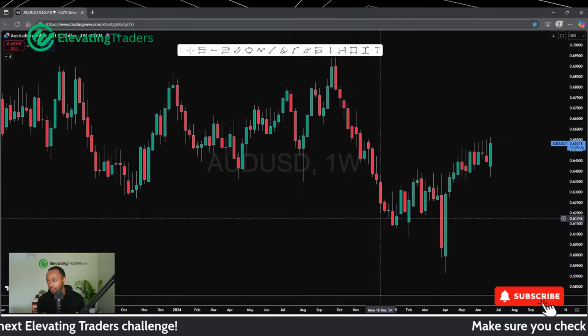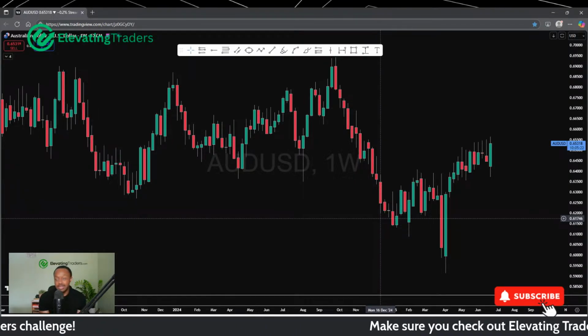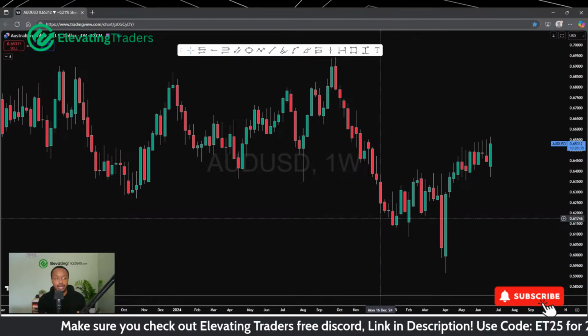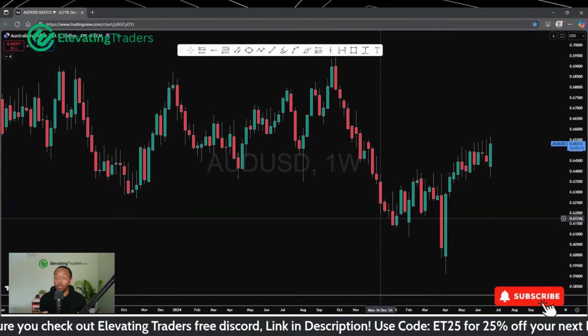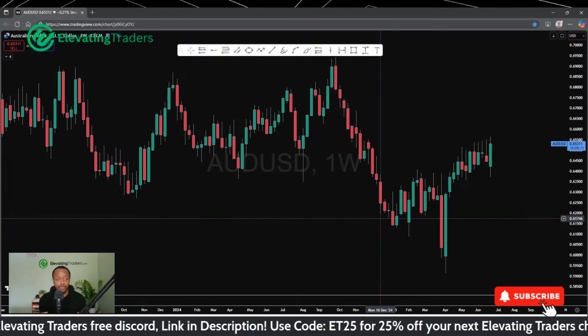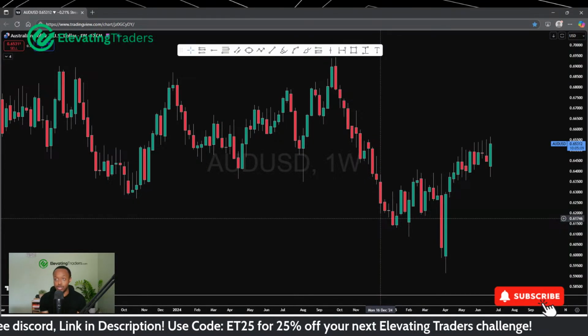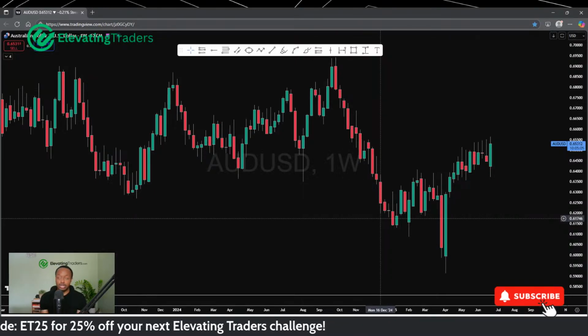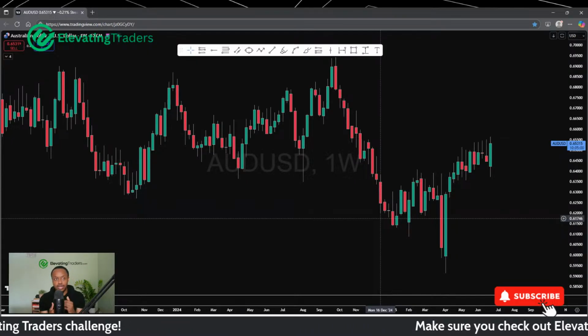Looking at the higher time frames, if you're going to trade the 15, keep an eye on the 4 hour. Even sometimes keep an eye on the daily as well. And again, it will act like a good filter. It will give you more information for your trading. The 15-minute chart at the end of the day is where you're going to base your trades. It's going to base your entry. You can get your confirmations there. You're going to manage your trade there. You're probably going to take your exits there as well. So everything is going to be on the 15.